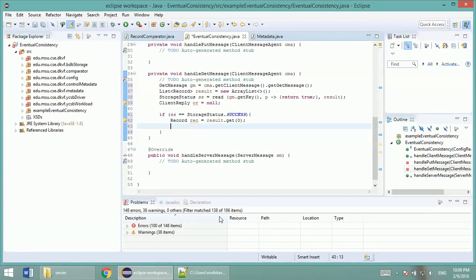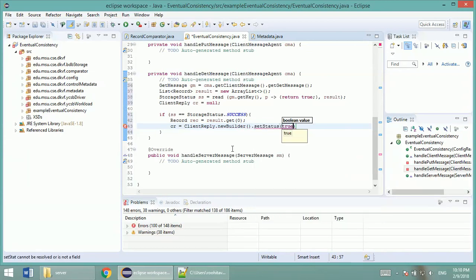If it's successful, it means that the read function has found the key. So what I need to do here is create a reply message, ClientReply, and send this reply to the client. So I say cr equals ClientReply.newBuilder,